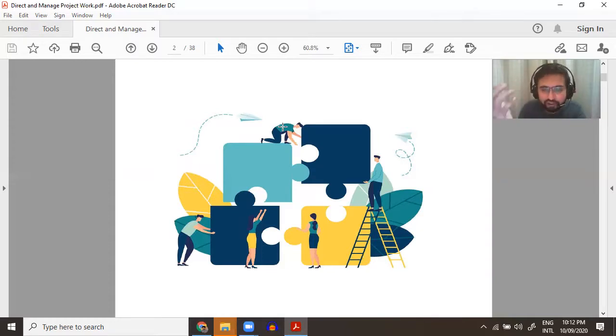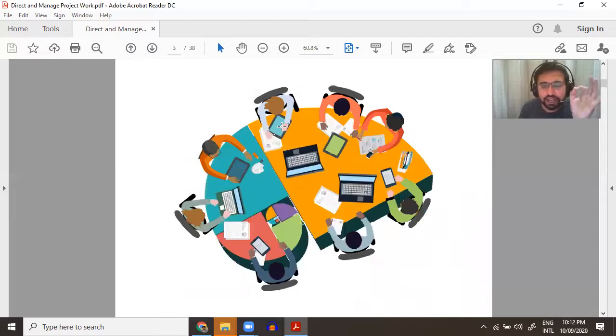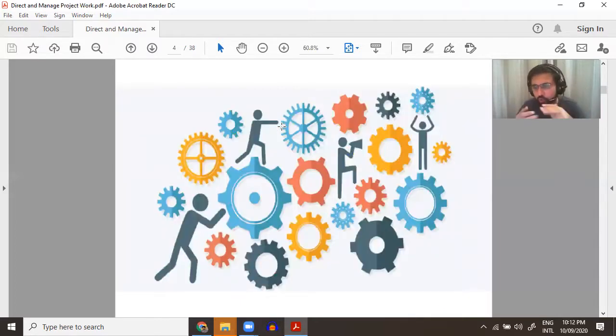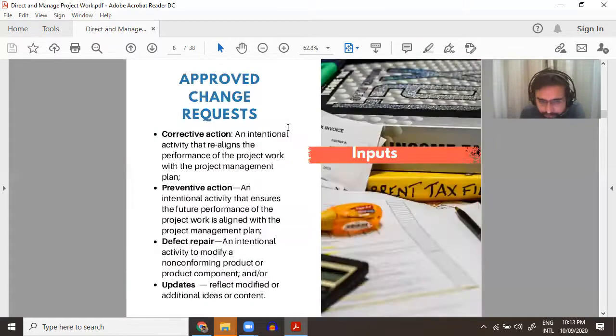And if you haven't taken the preventive action, if you haven't taken the corrective action, now you must issue a change request for a defect repair. Defect repair is almost done by change request, and you can understand how you can put this part into the direction, how you can align in one way.